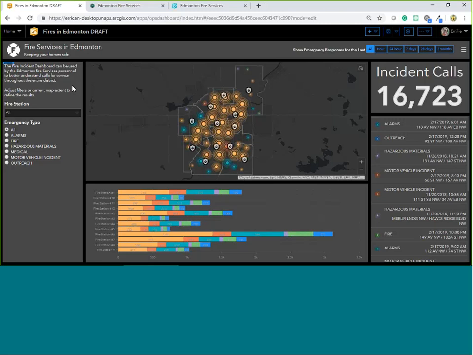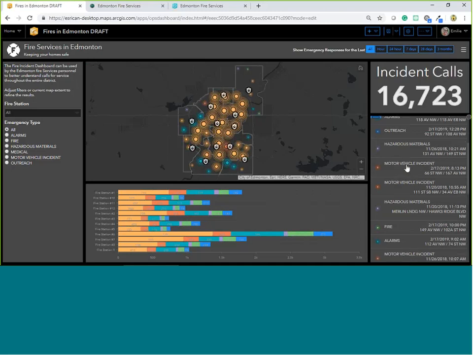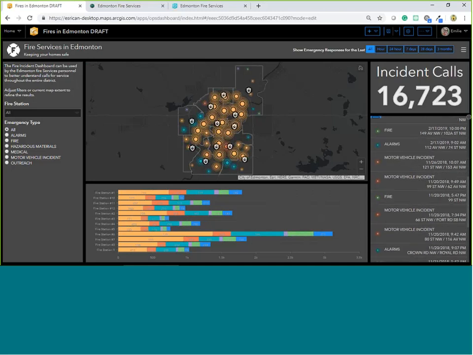So I've already configured a few elements, and as you can see, the elements of my dashboard always occupy 100% of my browser screen. I currently have 6 elements. There's the map, of course, and then I have the indicator showing the amount of incident calls, a list showing detailed information about each incident, including the type, the location, and the time at which it occurred. I have a serial chart that breaks down how many calls each fire station responded to, and I've got a header panel as well as a side panel, which display some date and category selectors that allow the end user